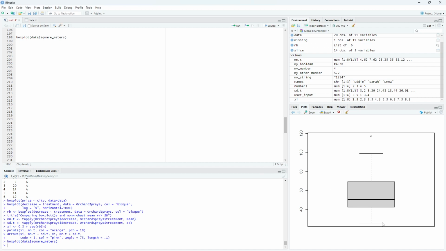So we see that it's a right skewed distribution here. And these dots may indicate that there are outliers in your data, but I'm just emphasizing, may. And to make this box plot a bit more interesting,